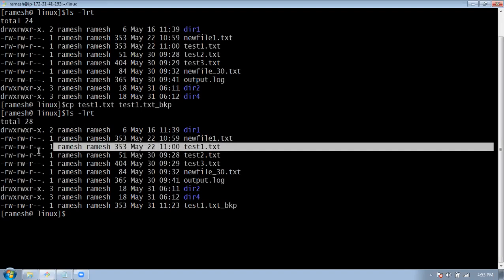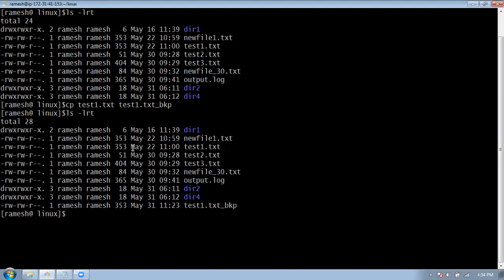Okay, for this. So copy has been executed. But if you see the file timings, everything has changed now. This is the latest timestamp it took. Suppose now I want to create the file with the same timestamp what the original file is having. So in that case, you should use -p option to preserve the permissions and as well as timings.